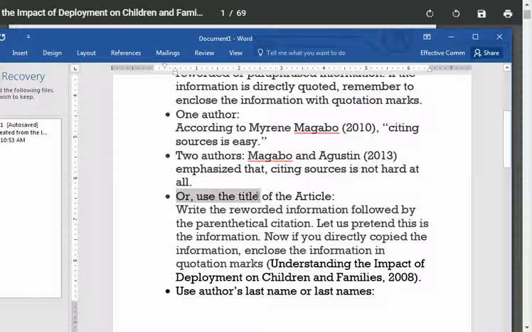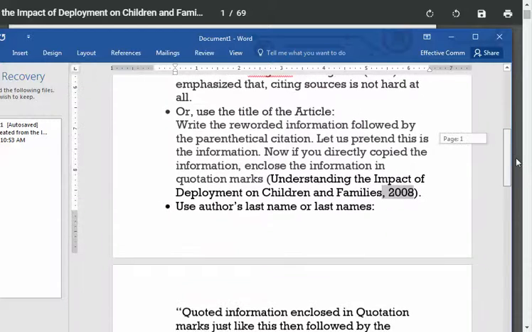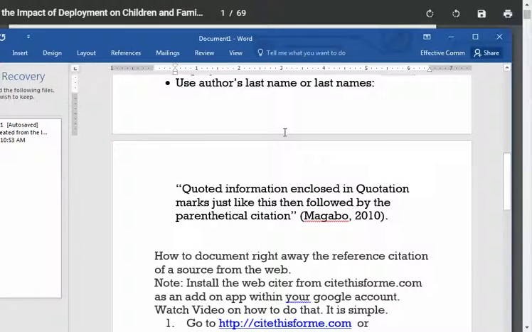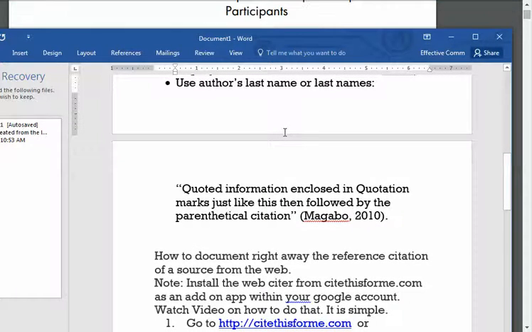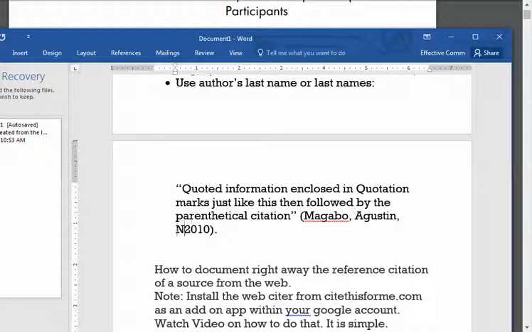You can also use the title of the article. Let us say this is your reworded information, and at the end you write a parenthetical citation: Understanding the Impact of Deployment on Children and Families, comma, then 2008, the year published. You can use the author's last name or last names. Cited information enclosed in parenthesis, then Magabo, Agustin, Buenafe,